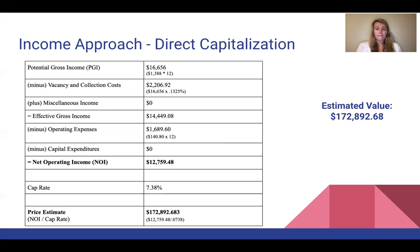We then went on to the income approach, and we started with direct capitalization. And again, as Maggie kind of touched on, a lot of these figures were derived from outside sources, as Seneca doesn't have much available information to the public regarding real estate. So to start, we have the potential gross income, and we find that by taking the monthly rent that we found on Zillow and multiplying that by 12 to get